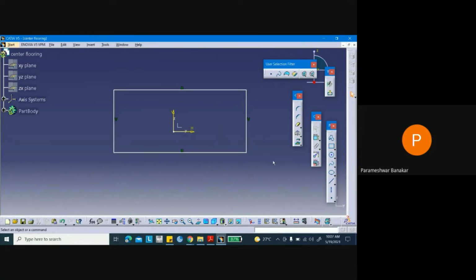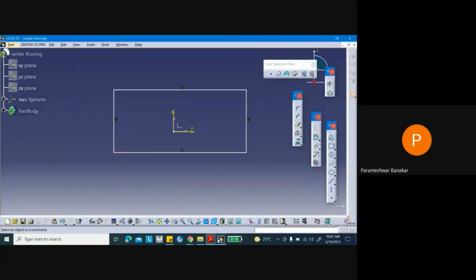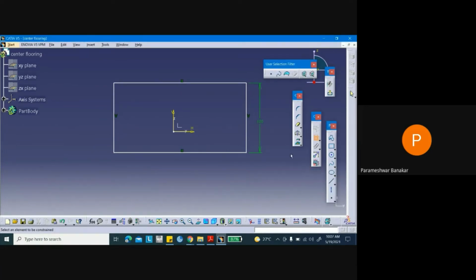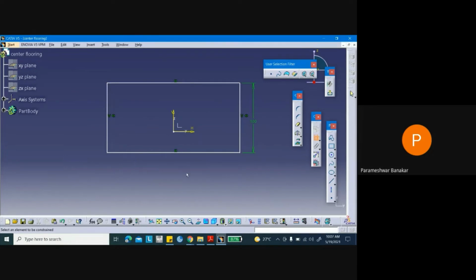So what I can do is I'll give the dimensions. So what is the thickness first? Thickness is 100 mm. Constraint. So this is 90, I'll give it as 100. And before that, I will make it symmetric between this and this. Symmetry is there.